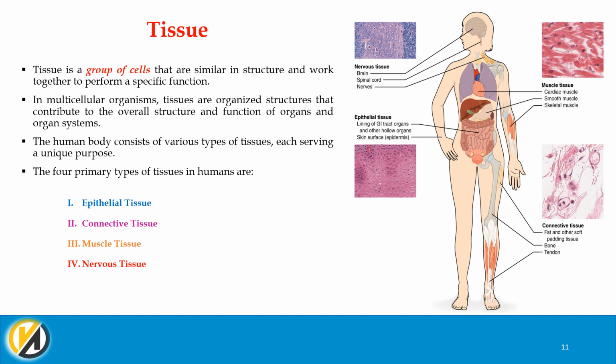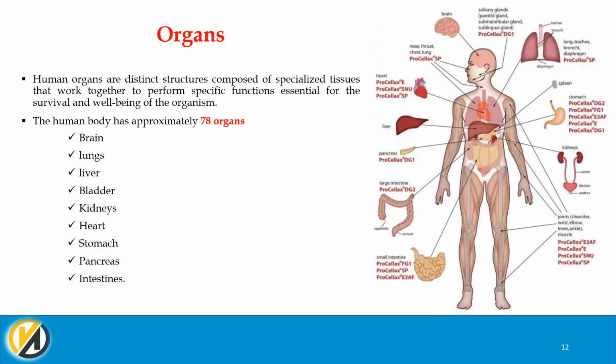All these tissues have their own specific purposes in our bodies, and all of them require nutrients, oxygen, water, and maybe sunlight too. So when we are thinking about nutrition, we are thinking about supplying the required amount of nutrients for these tissues to function properly inside the body. The third one is organs.